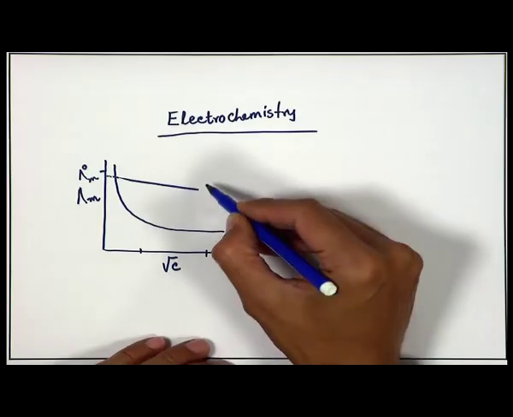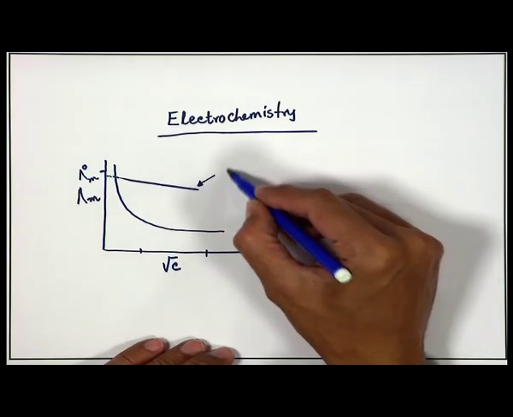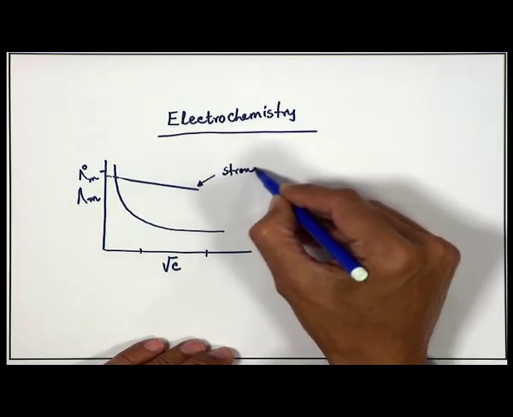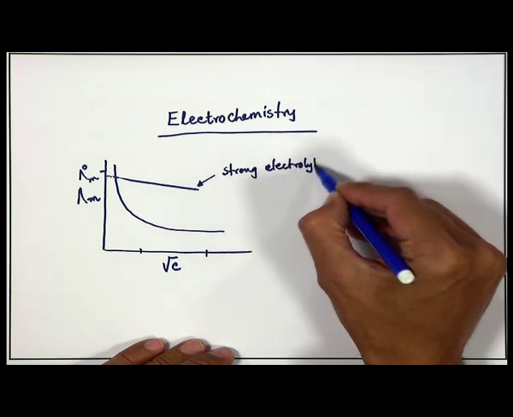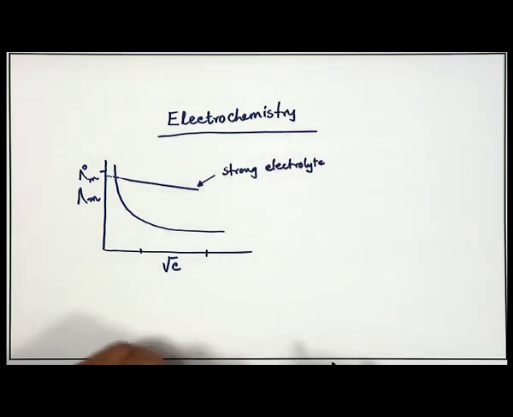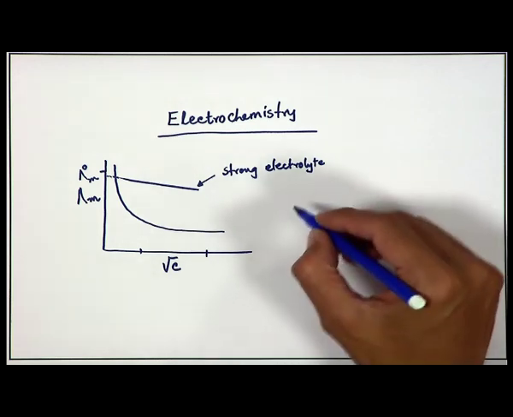So, this is for a typical strong electrolyte, which is assumed to be dissociated to the fullest extent all the time when you dissolve it in water. But if it is a weak electrolyte like acetic acid,